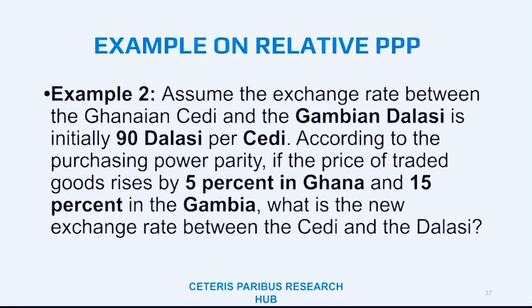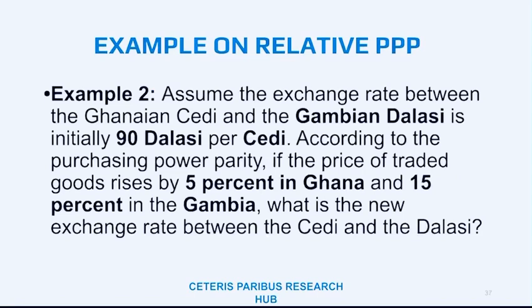So in this case, the inflation, which is by how much percent the traded goods rise, in Ghana is 5%, and in Gambia it is 15%. So we want to know how much that exchange rate is changing by, and what will be the new exchange rate between them. So the solution takes this formula. If you want to determine the new exchange rate between two countries, E-N-E-R, the expected, that's the new nominal exchange rate,